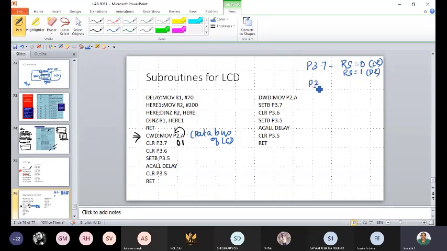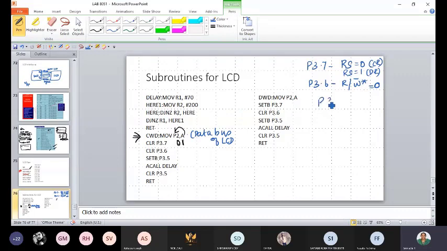Okay. So pin 3.6 is for your read or write signal. For read or write, mostly you will be using it 0. So for the write case, this will be 0. It's an active low. So mostly you'll be giving this 0 for both cases. If you're sending the data as well as the command, this will be 0 only. But this will change for RS. First, for sending the command, you will be using 0, and for writing the data, you'll be sending this 1. This is for your register select.